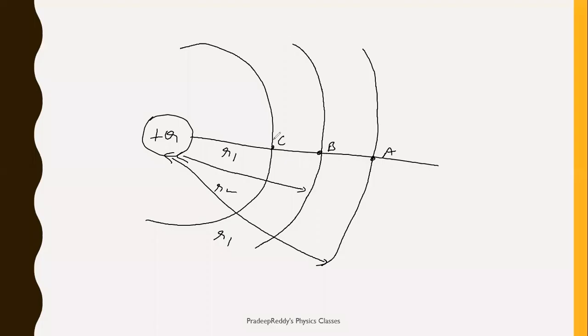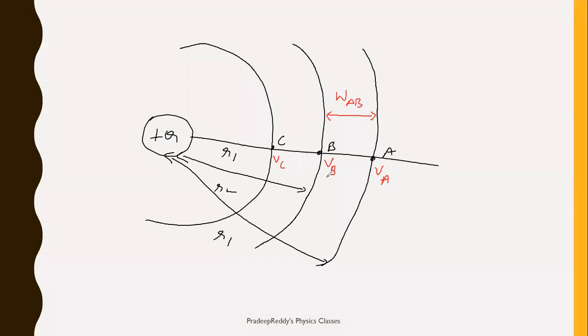So in this particular example, which is being shown in the figure, you have three different potential positions, right? Here you will have potential VA, here potential VB, here potential VC. I am taking three different potential points because they are separated by distances R1, R2 and R3. Obviously in between these two you are doing some work, which I will write as